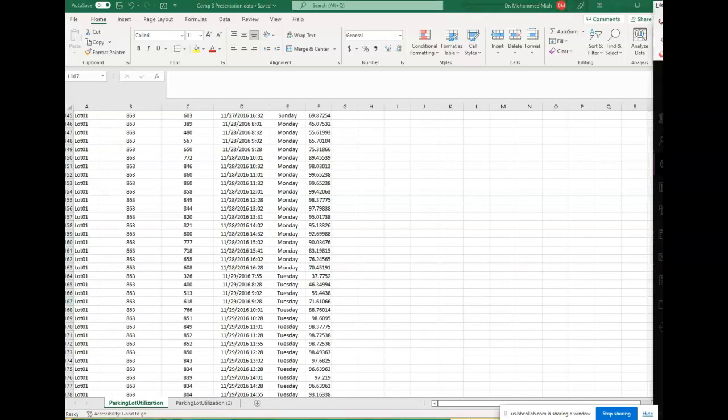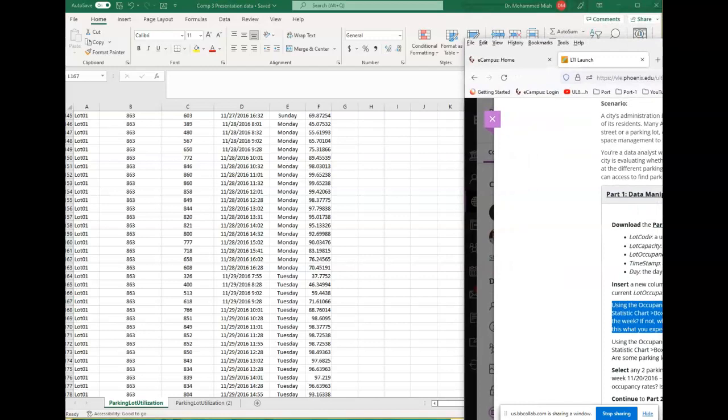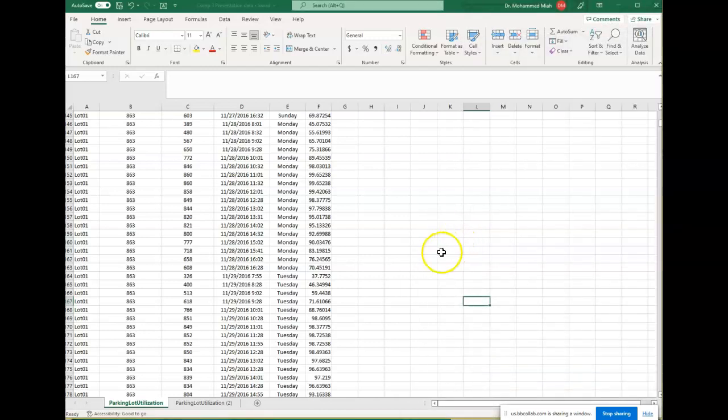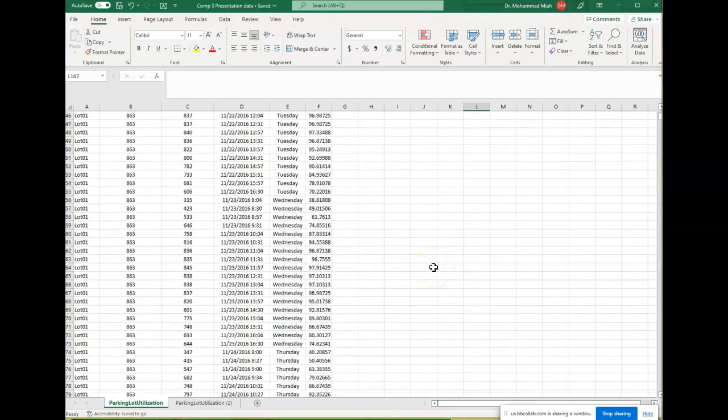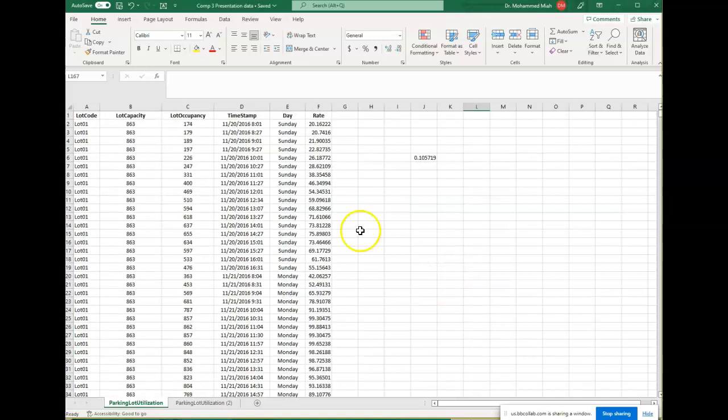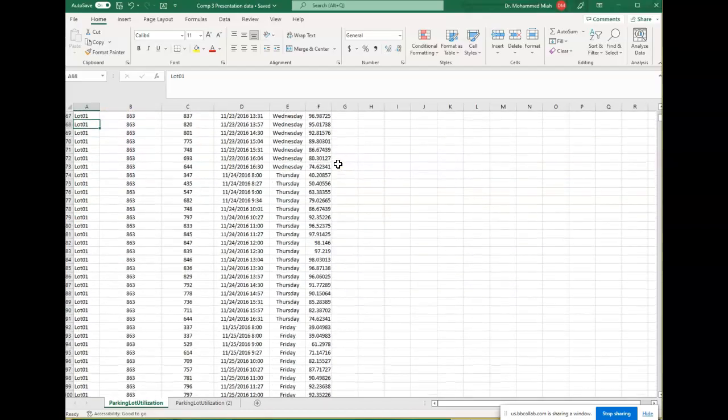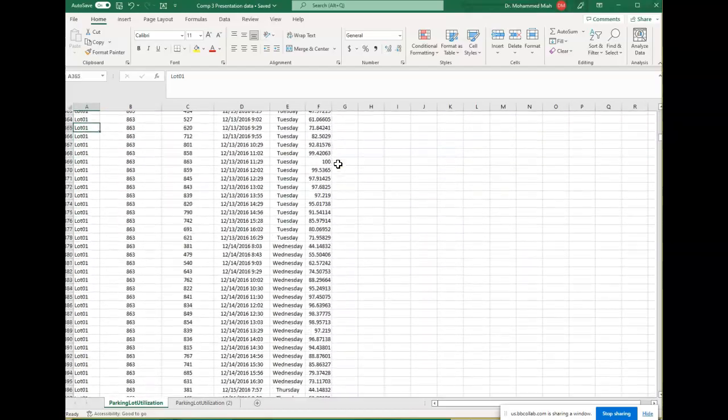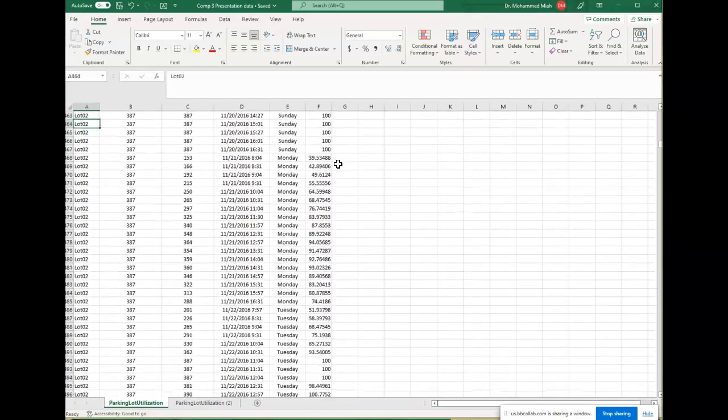Each parking lot. Okay, now for each parking lot, you can see lot number 1. Lot number 1 starts from column, the cell 2. Okay, EF2 to where does it go? Lot number 1 goes all the way to